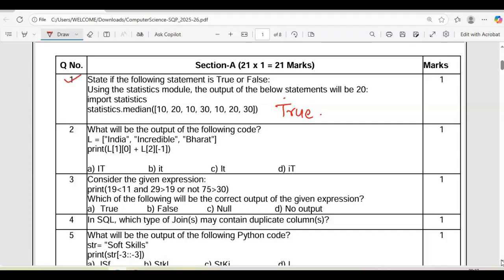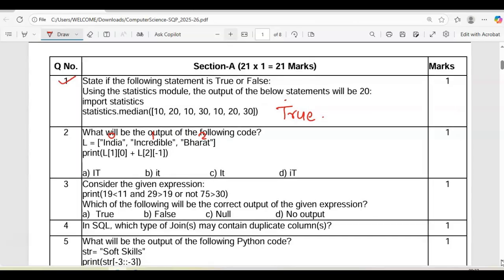Now the second one is: what will be the output of the following code? One list is given here and we have print L1[0] and L2[-1]. So India is at 0 position in list L, Incredible is at 1 position, Bharat is at 2 position. So they are asking us to go for L1. L1 is Incredible, and from L1 you have to take the 0th character.